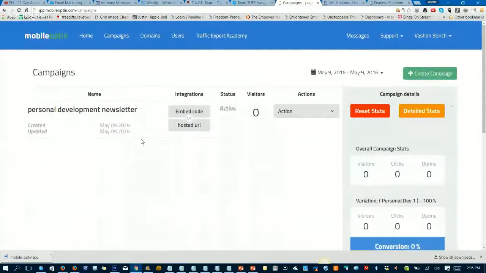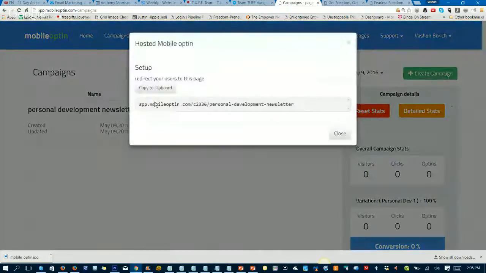The other option, and this is the one I use more often, is the hosted URL. So let me click on that. It gives you a URL that you can then direct people to, or what I like to do to make it fancy is I'll go into GoDaddy or whatever your domain host is, and you can do a forward campaign of whatever URL you've purchased. Like that's how I did my toughmama.teamtough.com. I did a forward campaign so that they can click right on that. It has my branding in the URL, and it doesn't feel like they're going somewhere foreign, right?